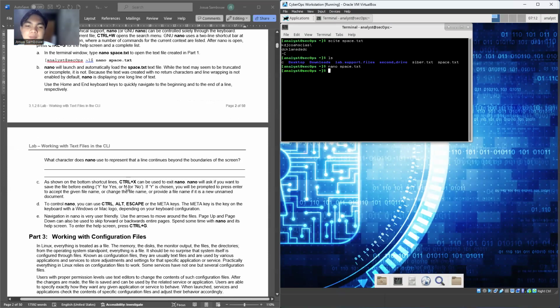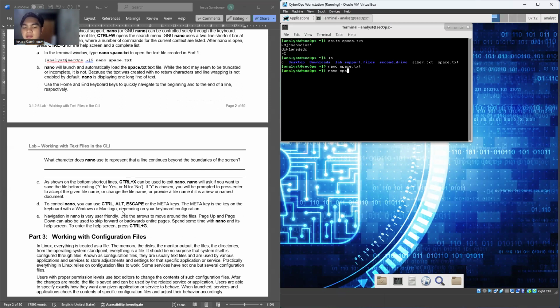Next, as shown at the bottom from before, to control nano you can use Control, Alt, and Escape. I haven't tried Escape yet, but let's try.